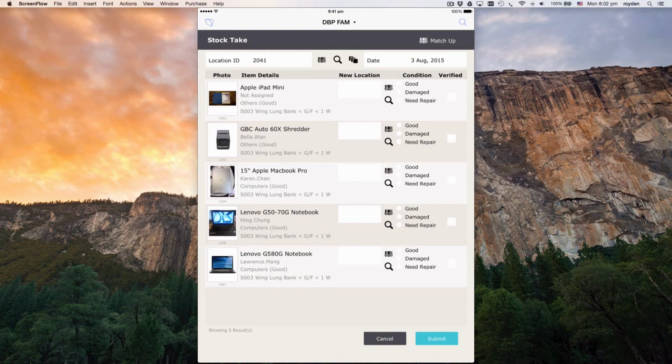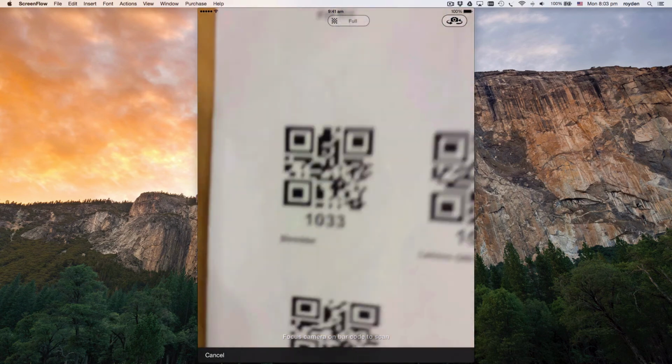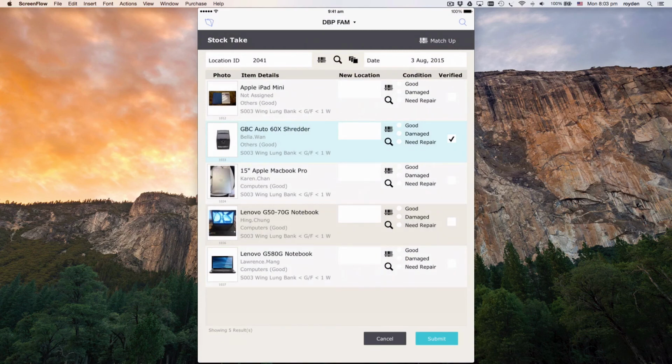You should find there are 5 registered equipment in this room. These are the information given by the system, and you should be able to find these 5 assets in room 2041. And to proceed with the audit, when you see an equipment in front of you, find the barcode and then scan it. You tap the match up, and for example, I just scanned the shader, and then